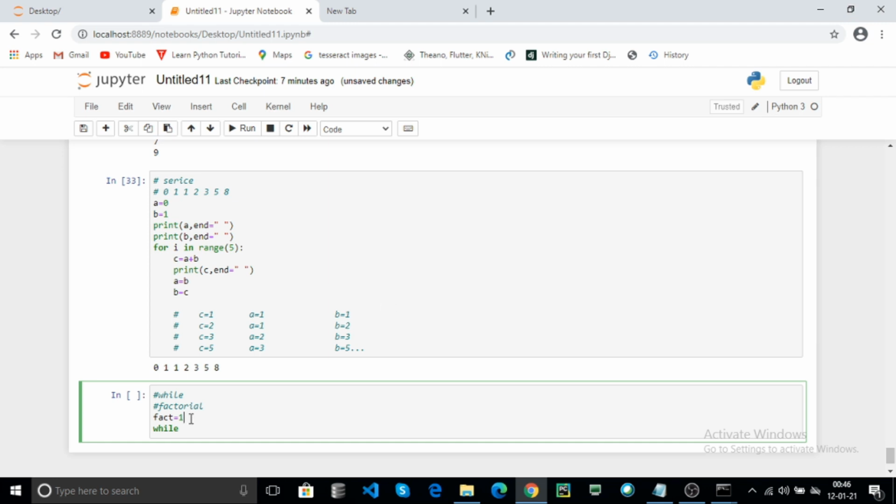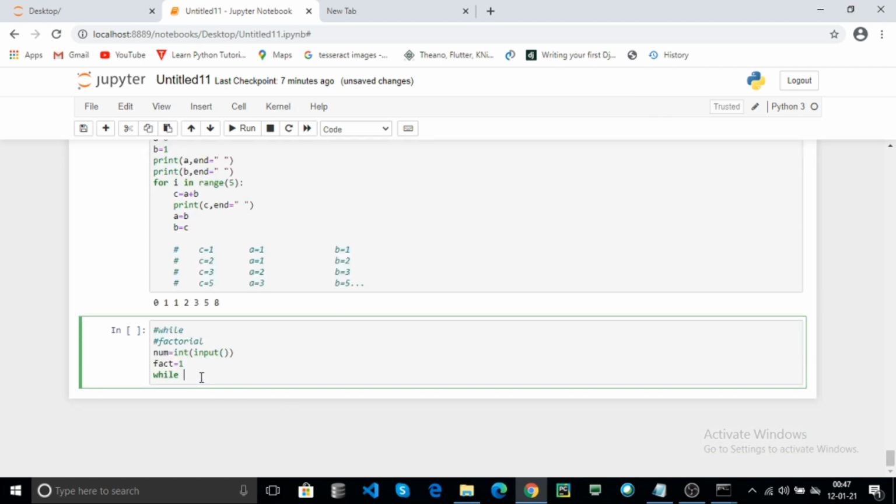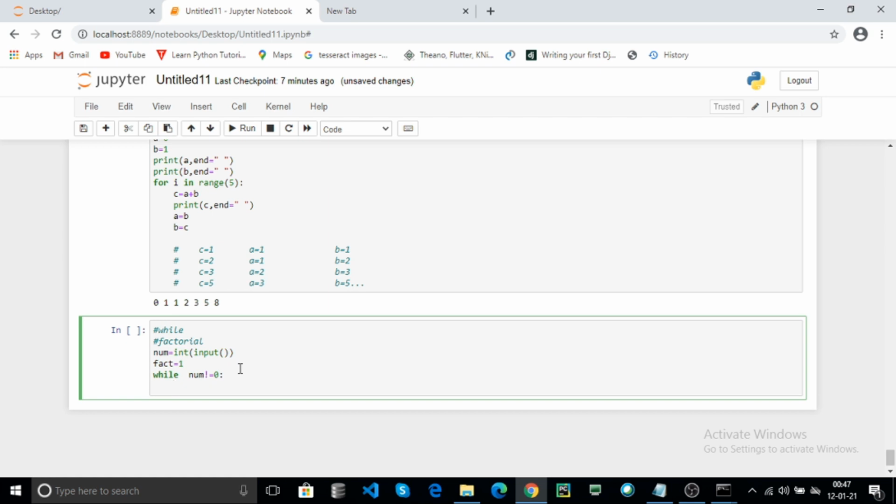Here, enter a number and calculate the factorial of the given number. Here, while number not equal to 0, the loop continues.